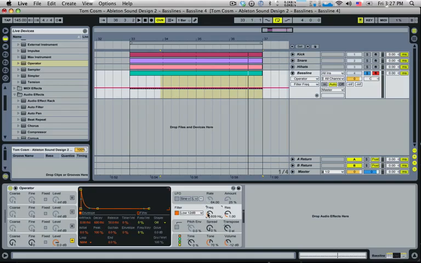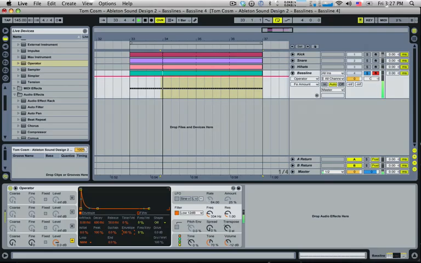What we can do here is put an envelope into the filter. Once we have the filter selected, over here we have this envelope section, and we can attach this envelope to the frequency cutoff, and that will mean the filter plays a sharp sweep every time a note's played. We do that by bringing up the envelope amount down here. At the moment nothing's happening. If we bring the envelope amount up